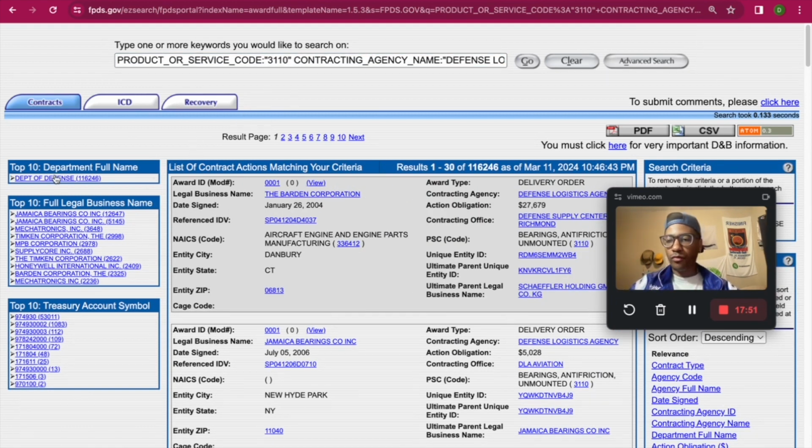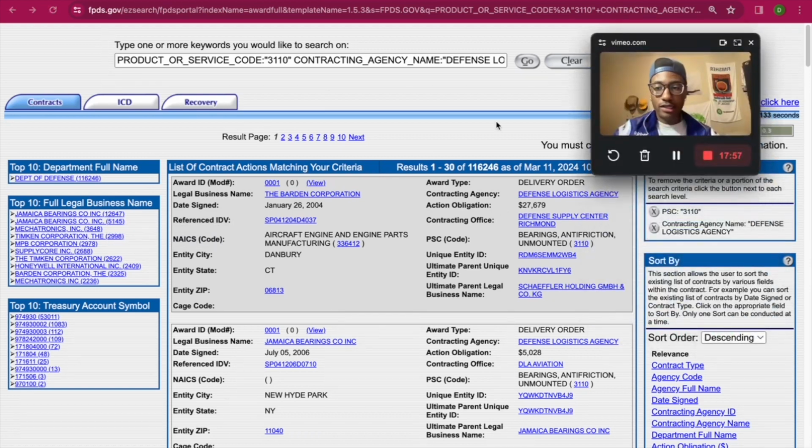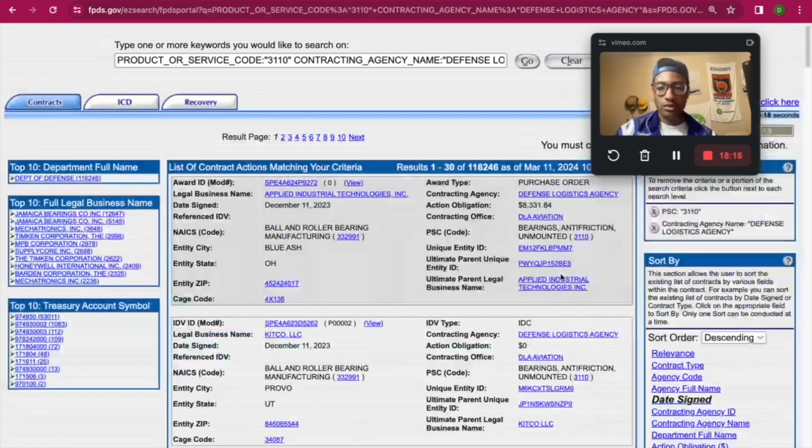All right, cool. So we saw last time there was 428 solicitations or contracts that were issued within DLA. Now we know here that there's 116,246 solicitations or contracts that DLA has published for these bearings. So now let's go look at date time. Let's go see when was the last time they bought some bearings. All right, cool. So exactly 3 months ago,